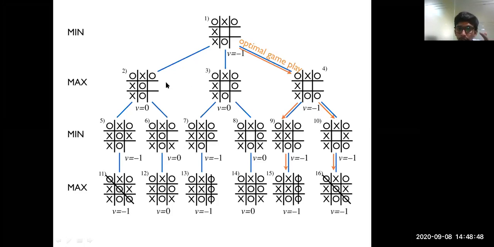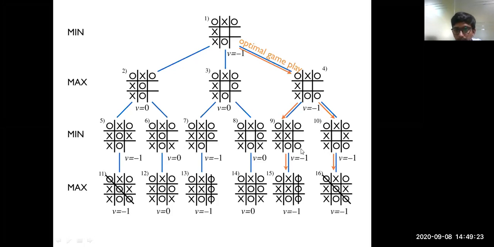Again, talking about the next level, level 2, the maximizing level, for every node you have two possibilities. Because it's a maximizing function, -1 and -1 are at the level. For 2 you have 5 and 6, for 3 you have 7 and 8, for 4 you have 9 and 10. The path can be selected as anything here, because both the values are the same, equal to -1. I'm talking about the last branch, guys, this one.